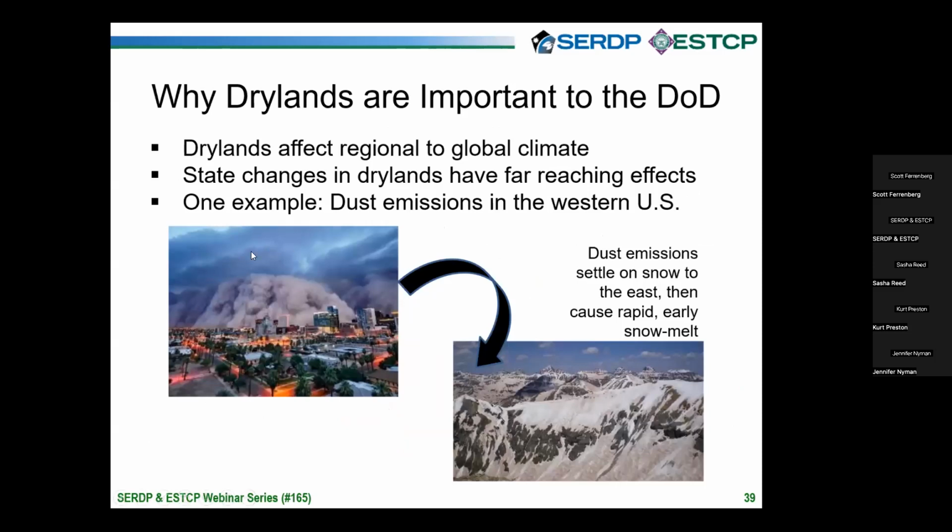So one key example is dust. Here on the left, you can see a huge dust storm moving across Phoenix. It can be apocalyptic here in the Southwest sometimes. It can rain mud. We have a lot of dust. And so with drought and with soil destabilization from land use, we are expecting increases in dust production.